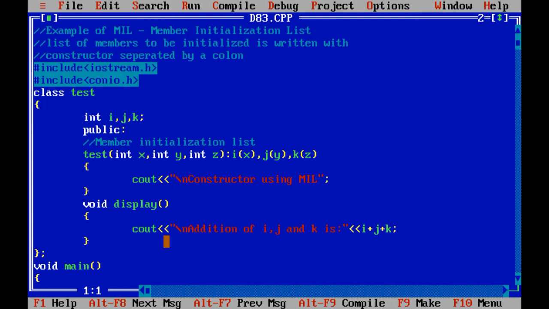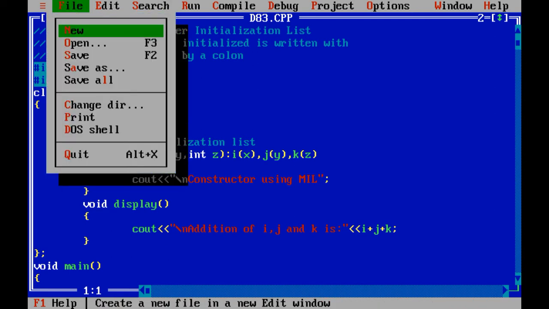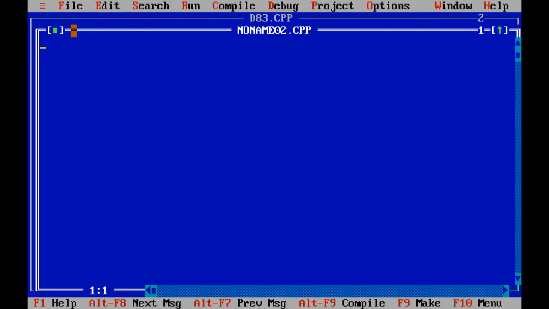And let us take the last concept, which is called destructor. This is the fourth program of today's session, and this is a very important topic regarding constructor and destructor.